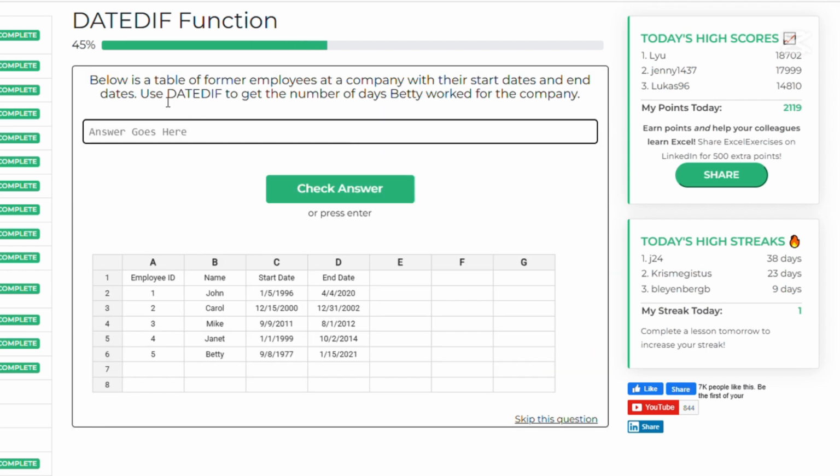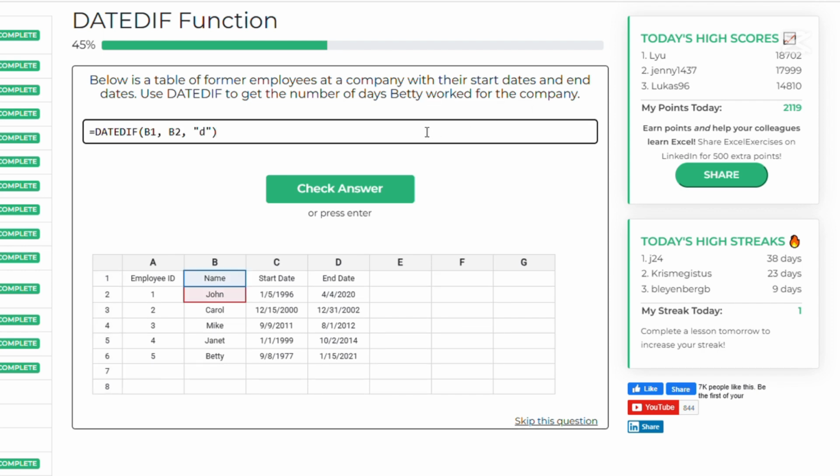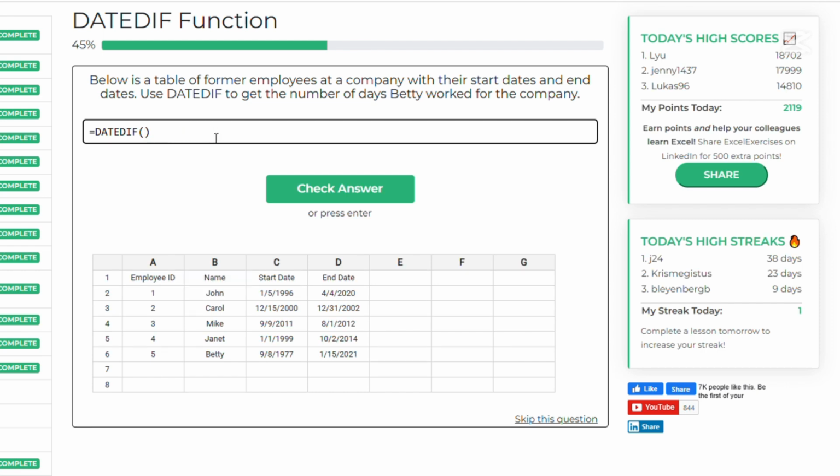Below is a table of former employees at a company with their start date and end date. Use the DATEDIF function to get the number of days Betty worked for the company. So again, first the DATEDIF function, you can just type it in, or in this case I copy it, and then between the two dates, so which dates are you going to go between? It's going to be for Betty, so you have to look for Betty here, comma here, and then comma, and then what you have, like